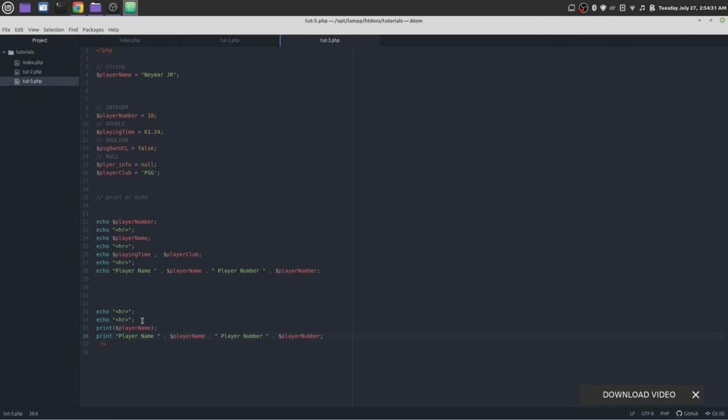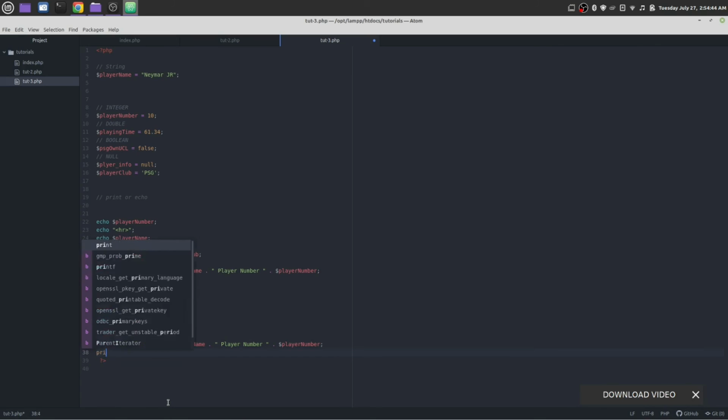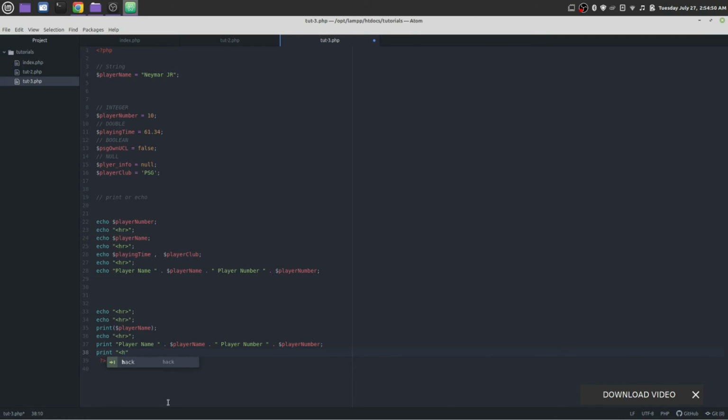Okay, let's add an hr in here. Okay, in here in print, let's try out some HTML. Print, an h2 tag, h2.